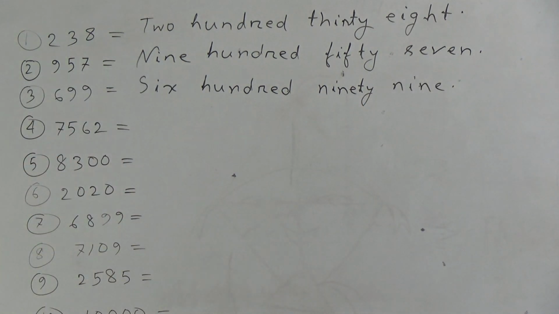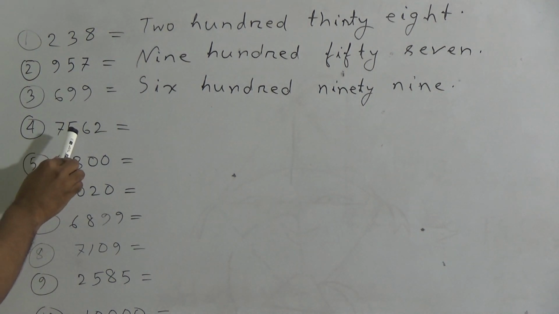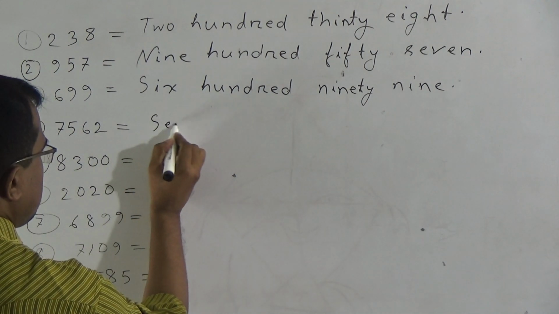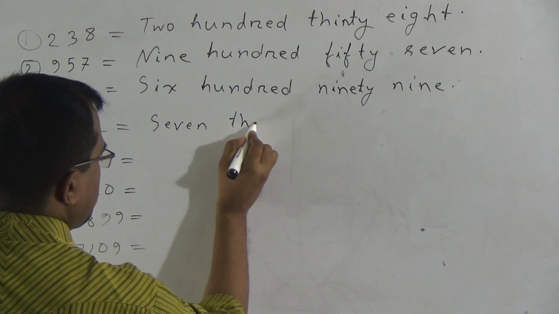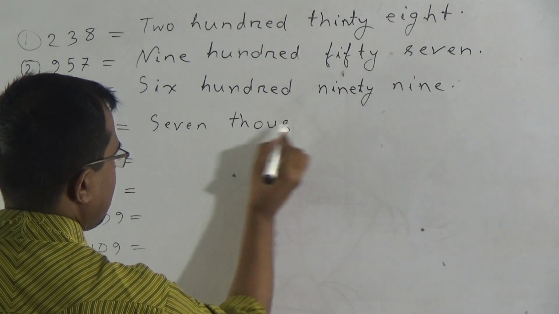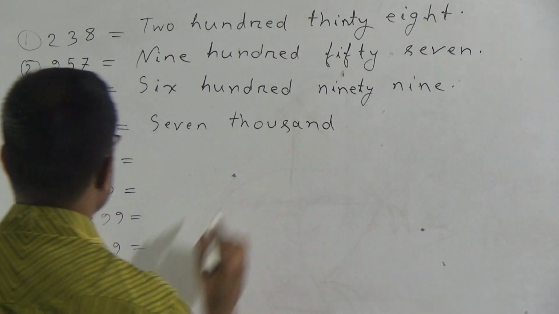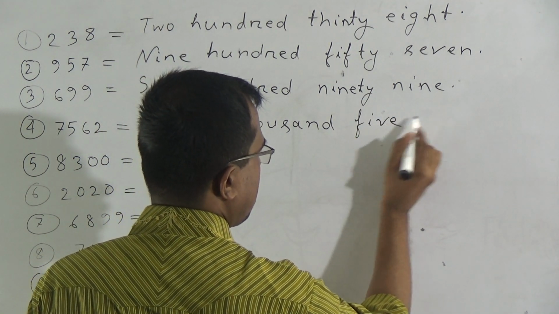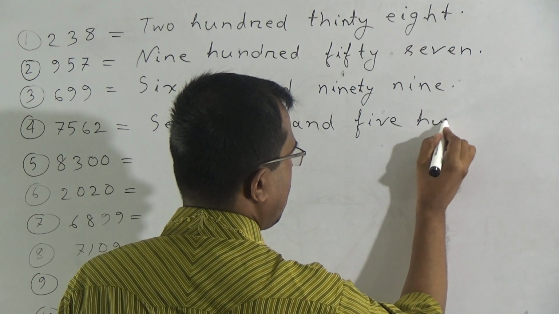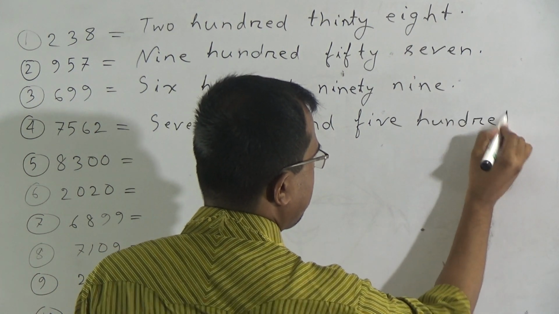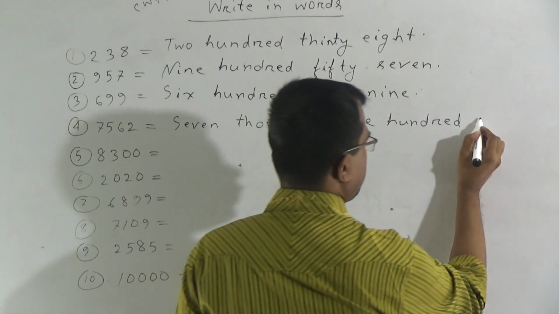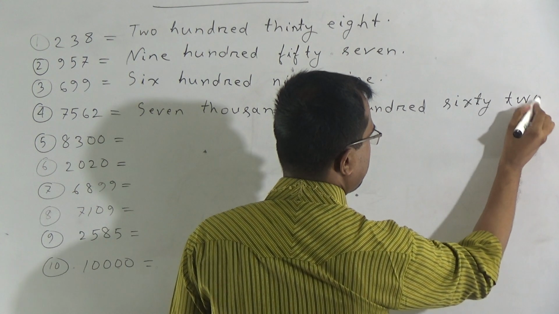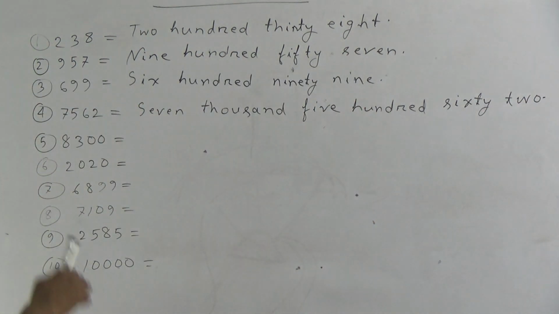And our next number is 7568. Seven thousand five hundred sixty two. And our next number